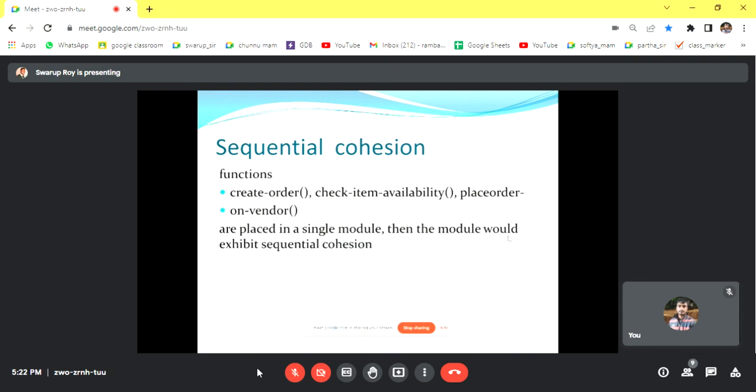If you say booting is a module, then the functions inside that module are sequentially cohesive, because they need to be executed one after another. The first is wake up, then loading the operating system, then cleaning the RAM. So many things, whatever it is, you have to execute sequentially. Similarly, if you have a module like create order, check item availability, place order